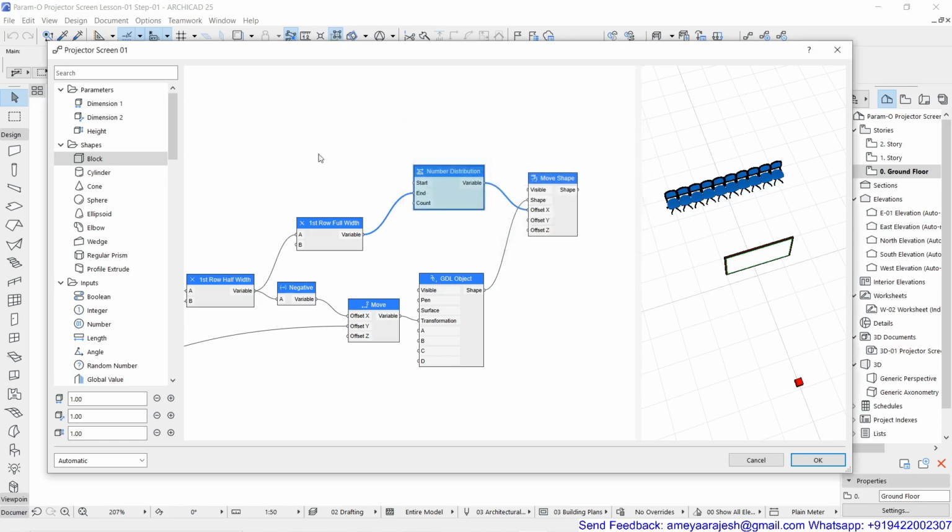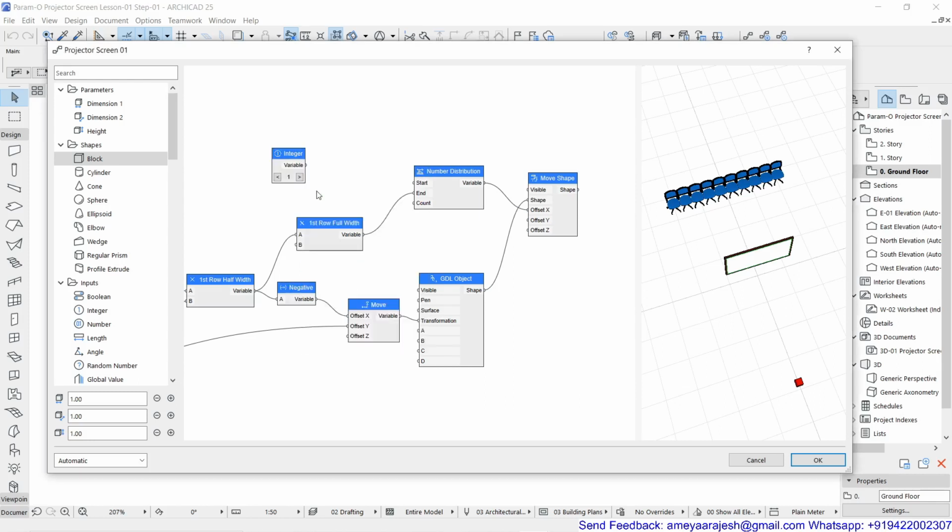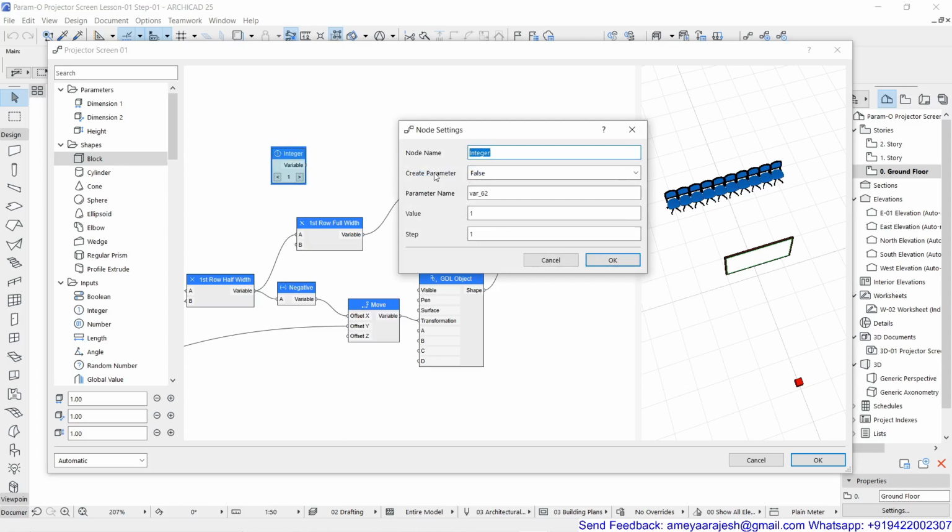Which I have to now control by using an integer, and this is nothing but I'll say number of chairs in first row, or in row, whatever you find comfortable. Now this field, probably you are going to make it a variable, and then you have to give the required number as a series number. So I'll just explain that.